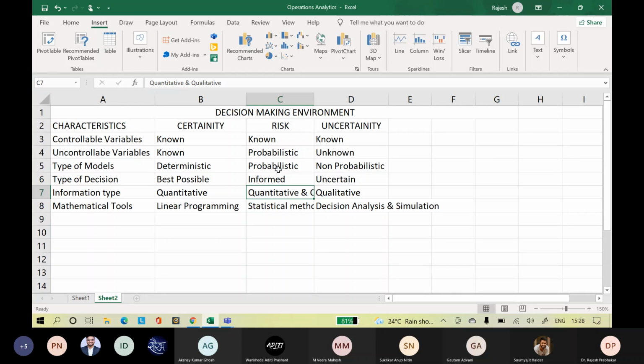So decisions under certainty are what, most of the time, as a middle level manager, you will be making. As a middle level manager, you are supposed to make decisions under the conditions of certainty.